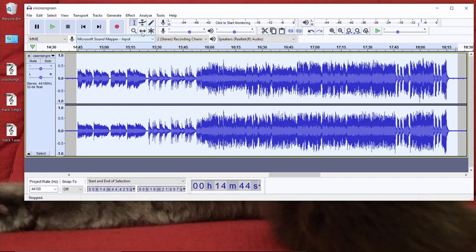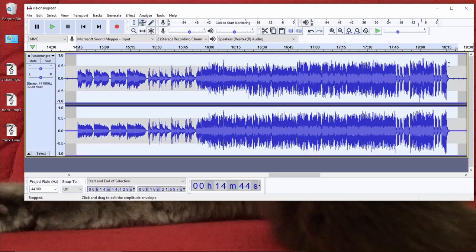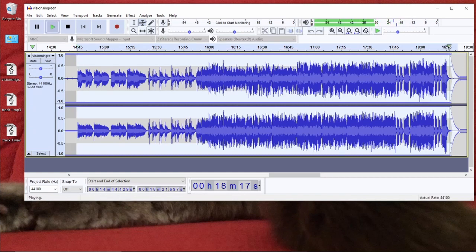One thing you might find handy, if we look at this toolbox under the Analyze menu here, this middle tool called the Envelope tool. We'll click on that, and I'll just show something we can do with that. And as I click the Envelope tool, you'll see this blue line appears along the length of the file. And if I click, it's going to put a little white dot there, and if I click again, it's going to put another white dot there. I can then click and drag, and that's a volume curve. So as we fade that out,